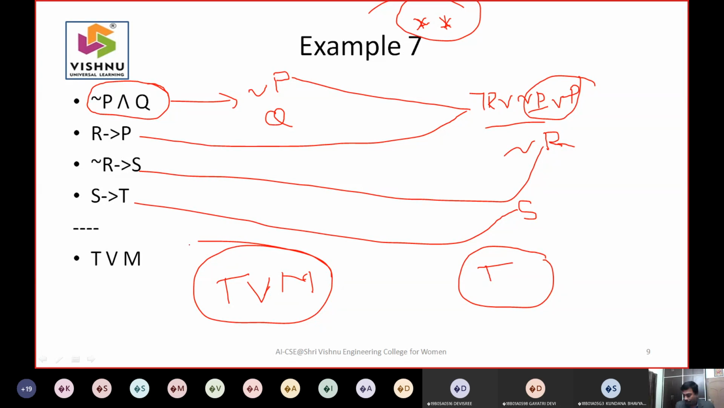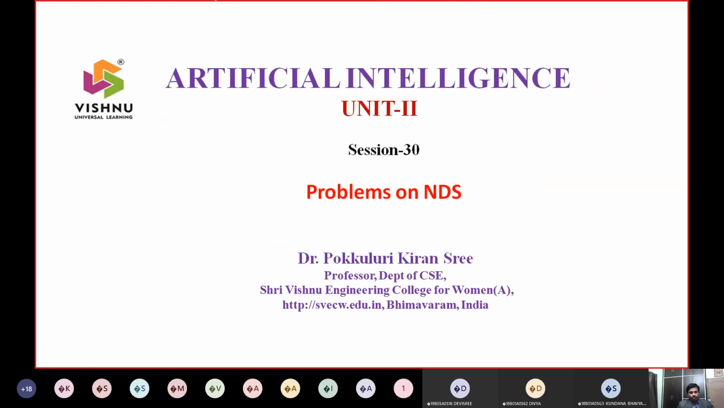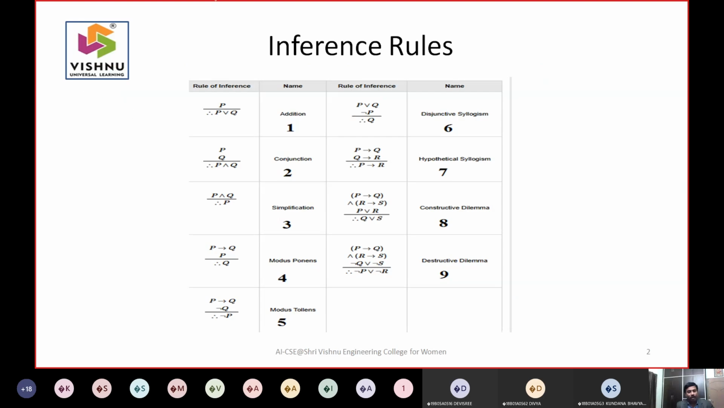Can somebody just unmute yourself and tell whether this procedure that I have adopted is right or wrong? So most people are reluctant to talk. Anyway,